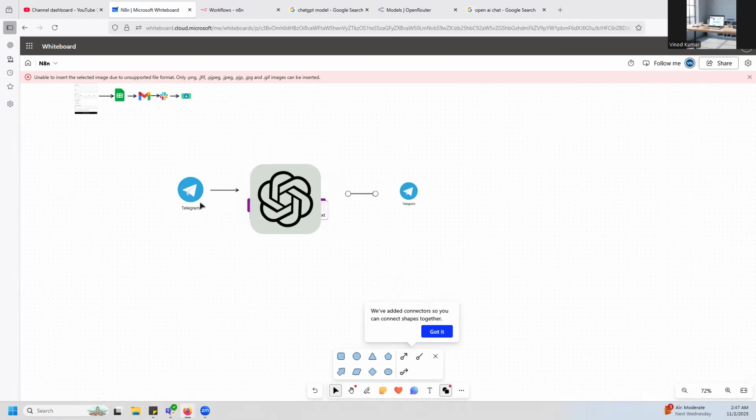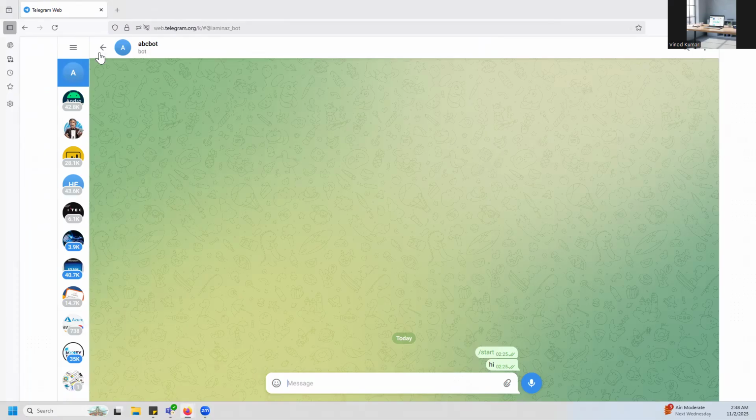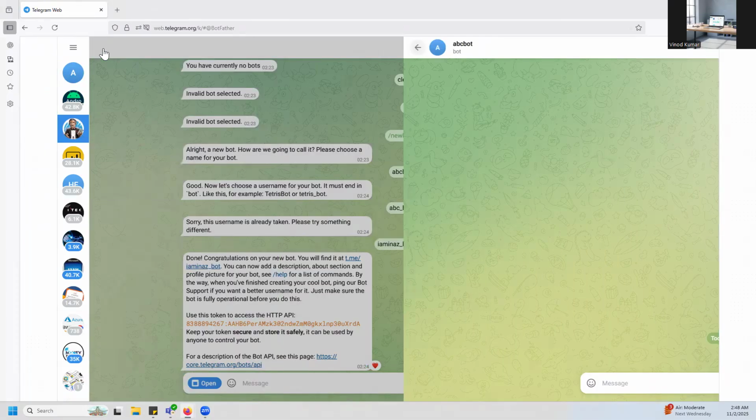To build this, the very first thing you need is a bot on your Telegram, right? So how do you start a bot? For that, what you need to do is go to Telegram first. I'm on my Telegram. Again, you can use it on your desktop or